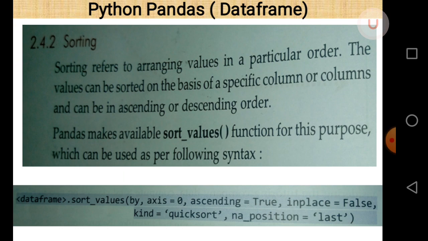In this lecture we are going to discuss sorting and mean absolute deviation. So these topics will be discussed in this lecture. First one is sorting. So what is sorting? Sorting basically refers to arranging values in a particular order. The values can be sorted on the basis of a specified column or columns and can be in ascending or descending